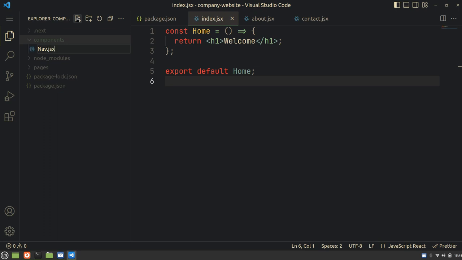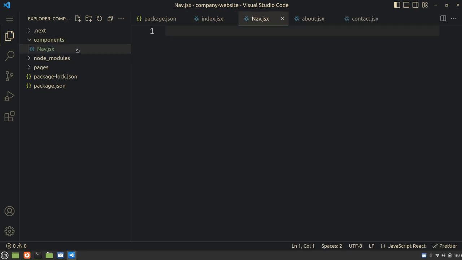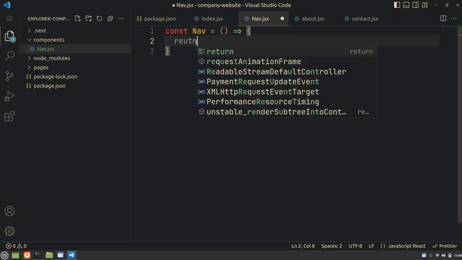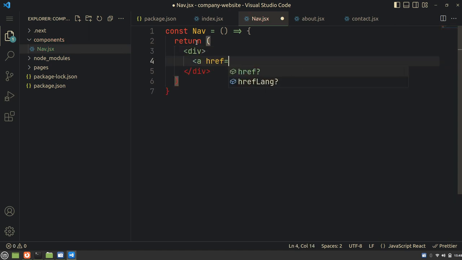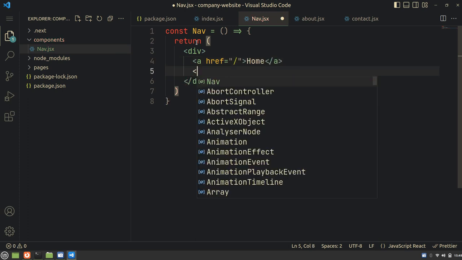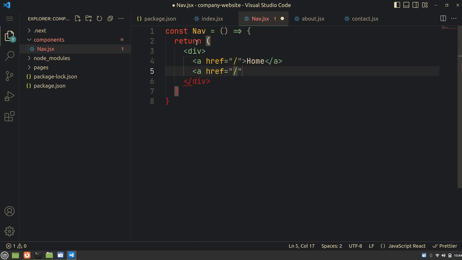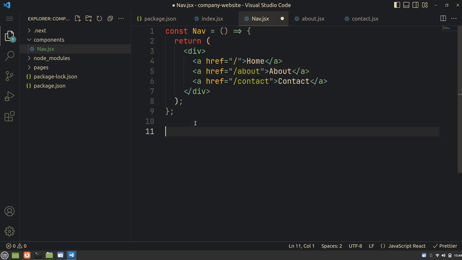So I have created this file with the name Nav.jsx, and I'm going to create a component that returns a div, and within the div we have an a href slash, with the text home, then an a href contact with the text contact, and then an a href slash about with the text about. Next, I'm going to export